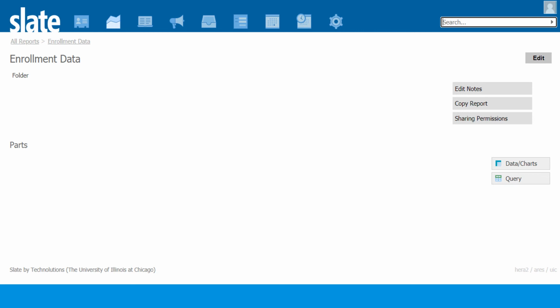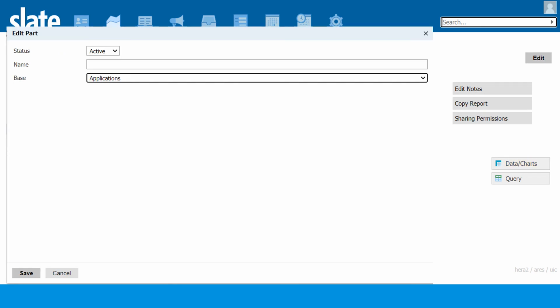I'm just going to create one part for this demo, and I'm going to click here. I'm going to use the data charts, and I'm going to give this a name. Maybe I'll call it admit and yield, and then I'll choose a base, and in this case I'm going to use applications because I'm just going to be looking at applicant data. And then I'm going to click save,